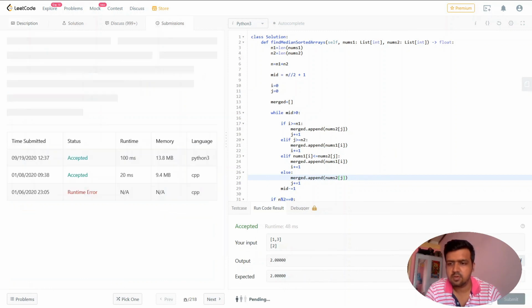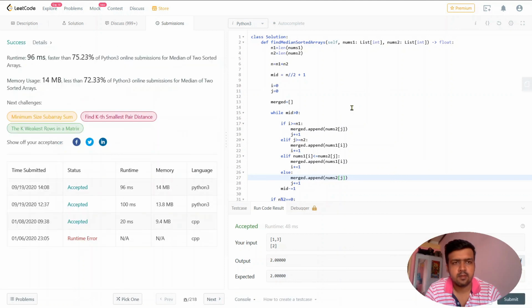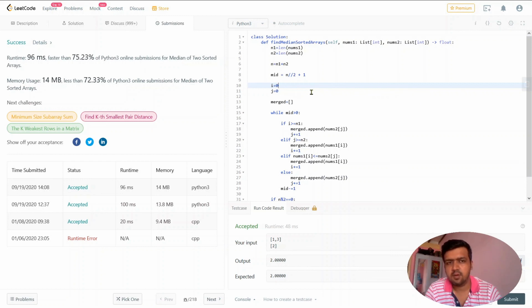Let's submit this code. As this code is working fine, it beats 75% in both the segments, space and time. I think that's pretty good, and we can also optimize this code to get up to around 95 or 96%. That's a task that I leave up to you guys, and if you get an optimized code, then please comment it down in the comment section.